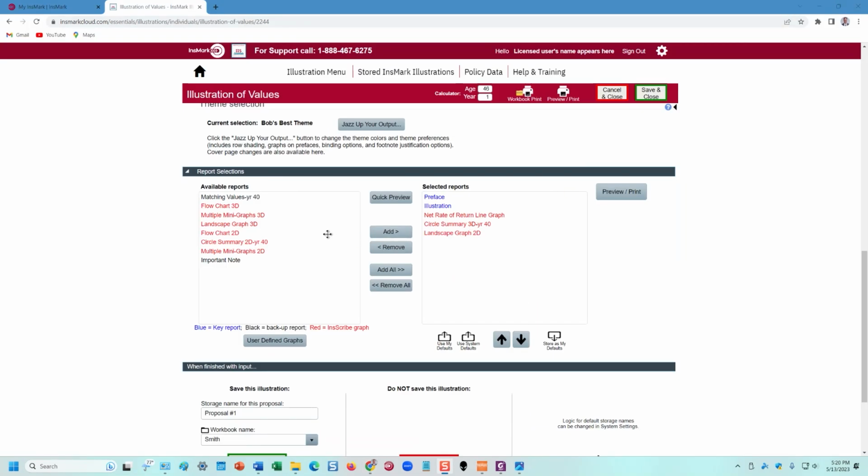However, there's times when you just want a single report. You don't want to look at everything and have all these pages. For example, let's say I just want to look at the matching values report. Well, that's where I'd use the quick preview instead of the big preview print over here. So I just want to see that matching values. I'll click quick preview